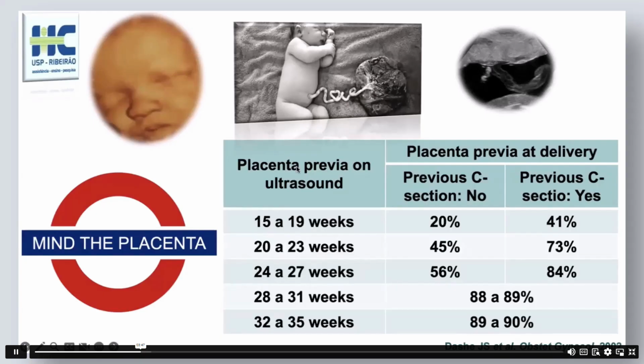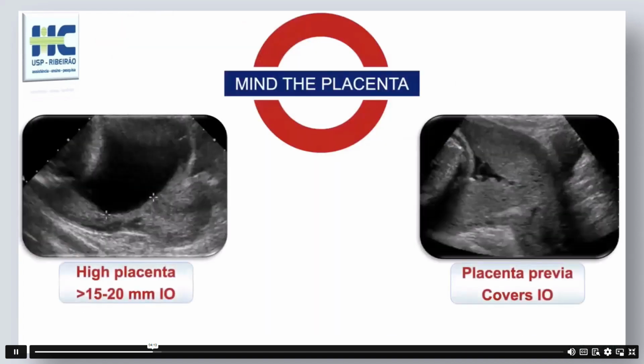The placenta might be low-lying or previa, and the further we see this condition on ultrasound, the more probable it will be that the placenta is going to be previa at delivery. In special to patients with previous cesarean sections, where these placentas might have some more difficulties to move up during pregnancy. How do we do it? We can start with a transabdominal view, and here you can see 2 transabdominal sagittal views of the placenta and